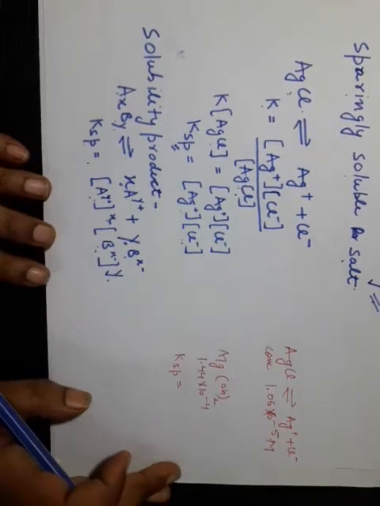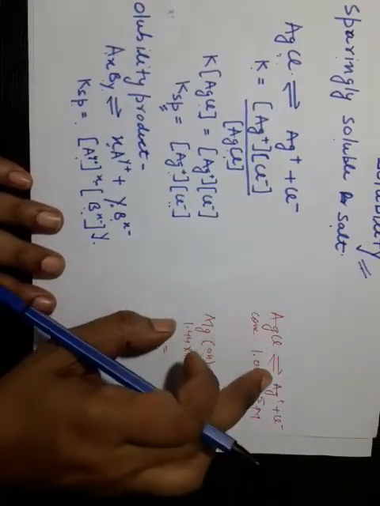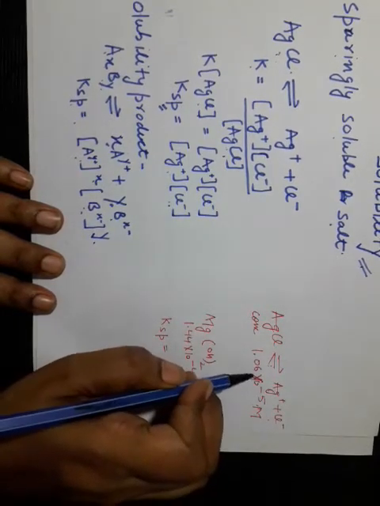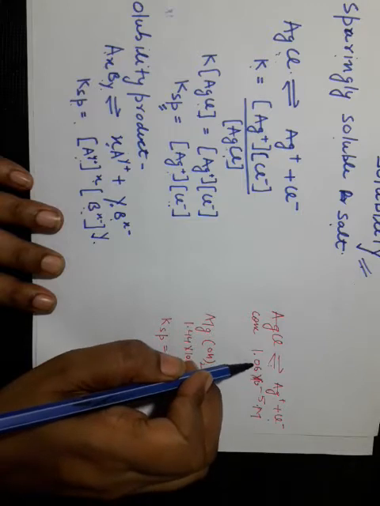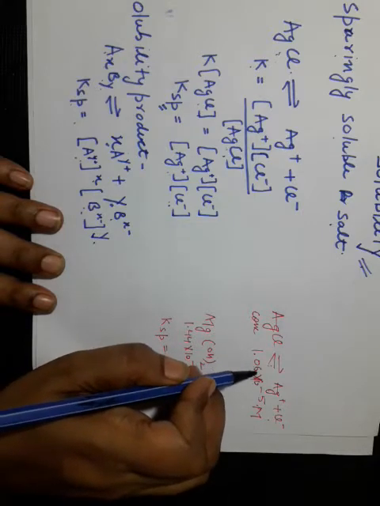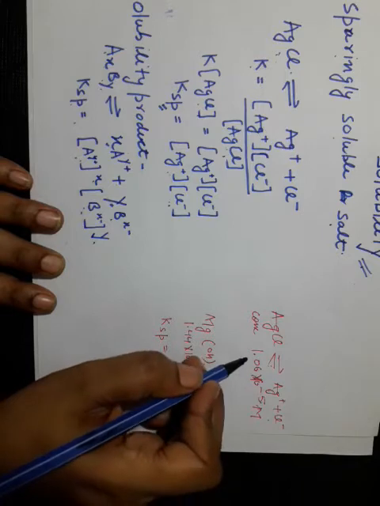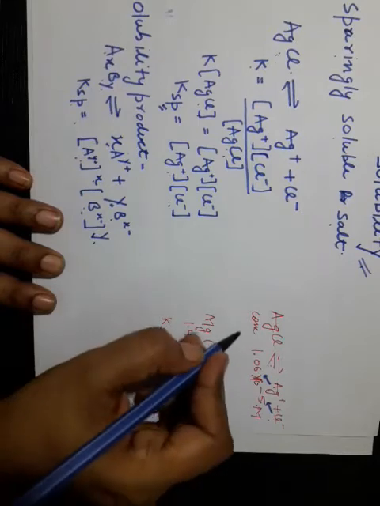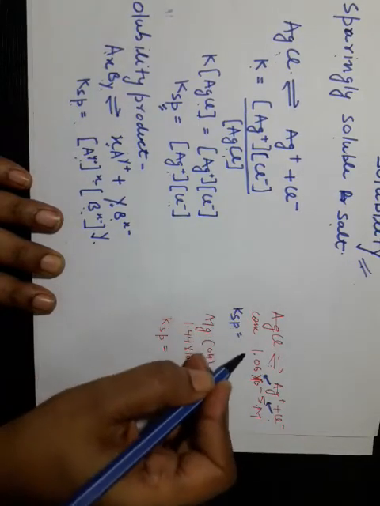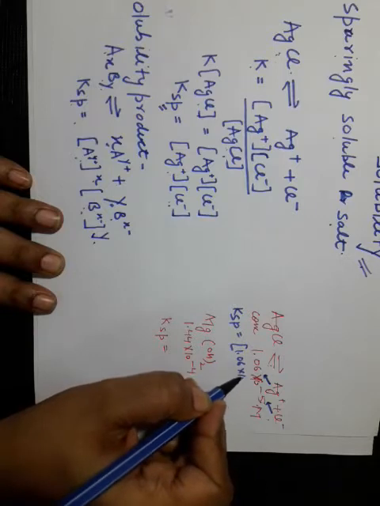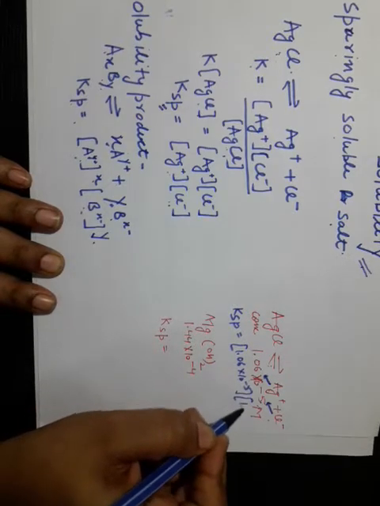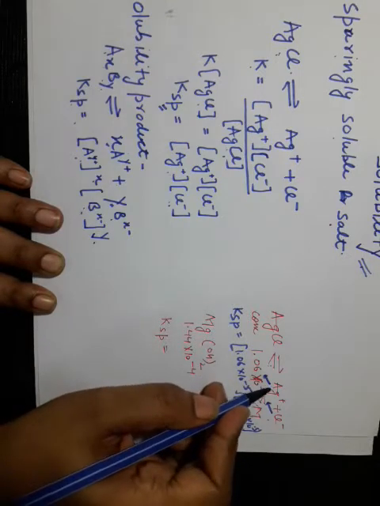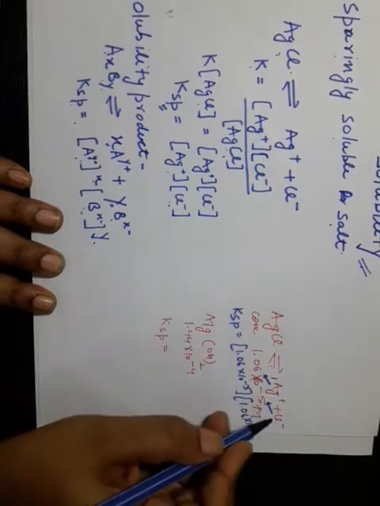By taking the example of chemicals, see AgCl. AgCl forms the equilibrium between Ag ion and chloride ion, and concentration of Ag ion is equal to 1.06 into 10 to the power minus 5. So here the concentration of Ag ion is the same as chloride ion. So the solubility product is equal to 1.06 into 10 to the power minus 5 into 1.06 into 10 to the power minus 5, because in the dissociation, 1 mole of Ag ion and 1 mole of chloride ion are formed.